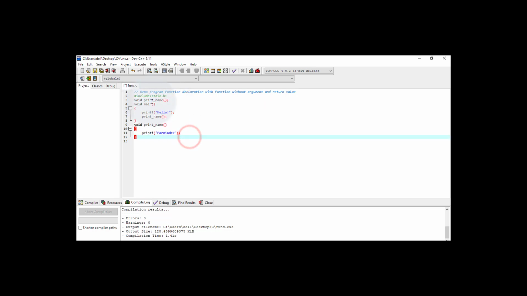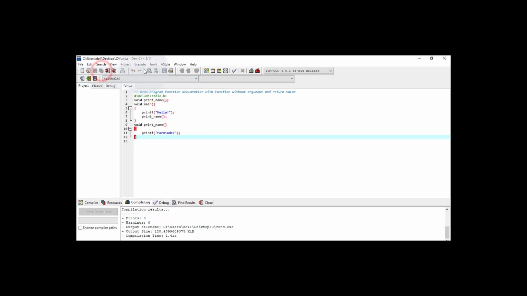This is what is called function prototyping. It means that we first declare the function, and the body of that function I will write later in the program. So here I have done a simple declaration, but the body of the function I have written here. So that is also one of the solutions for this.